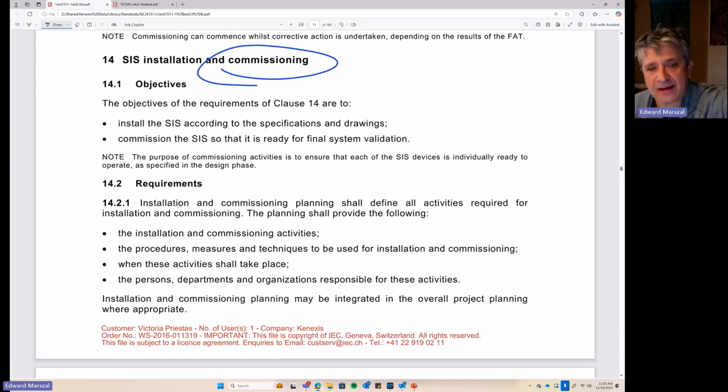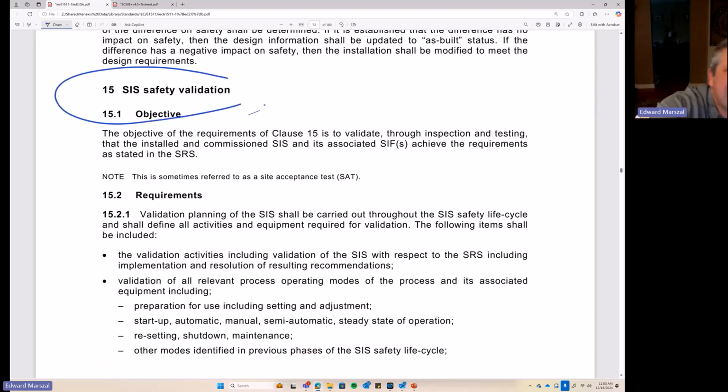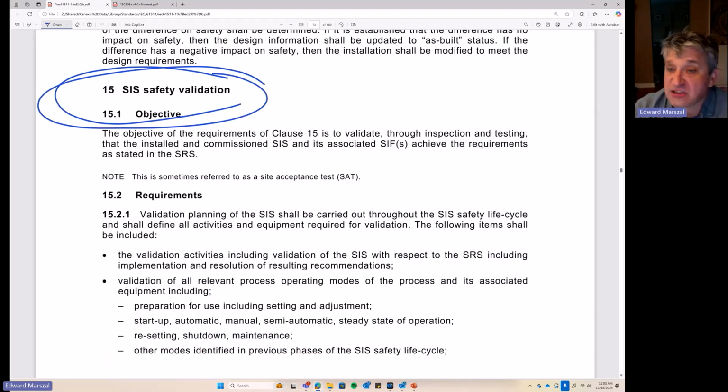So commissioning. And no, we're not going to stop there. We're going to do validation. So validation, site acceptance test, the final physical test on the completed system, is another gate that we need to cross to check and make sure that everything was done properly. Okay, so that's on a project by project basis. Those are all the administrative controls, all the human factors, the ways to address and detect human failure. But that's not all. We're not done yet.